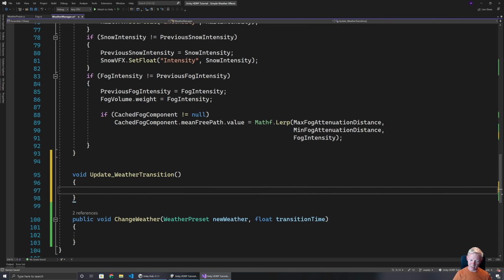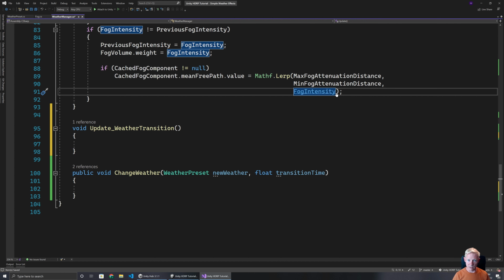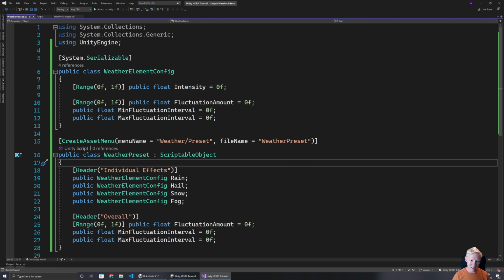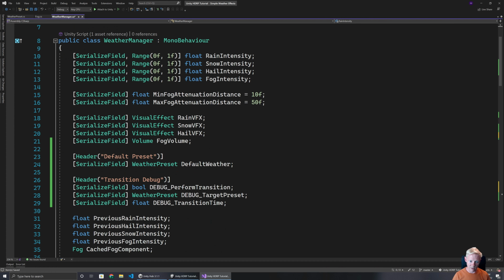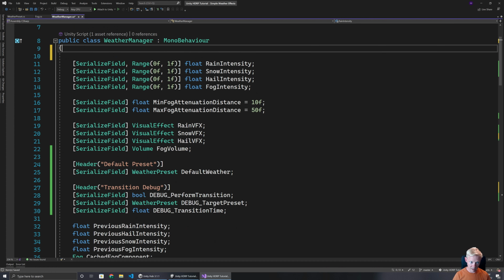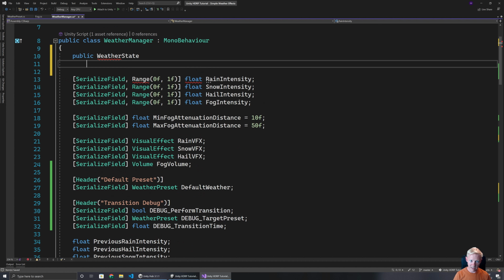I'm just setting this up at the same time because there are a lot of common variables we're going to need with this. One of the things is I've got a lot of different bits of state information I need to keep track of for the rain, for fog, for hail, for snow. So much like how it was easier to set up a little class, it's going to be similar here, where it's going to be really helpful if I have something like a weather state,